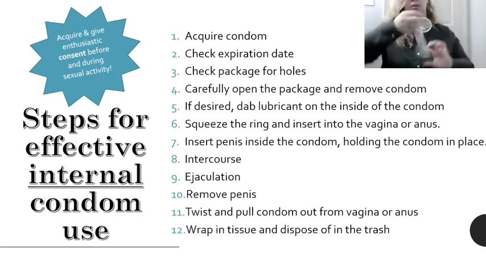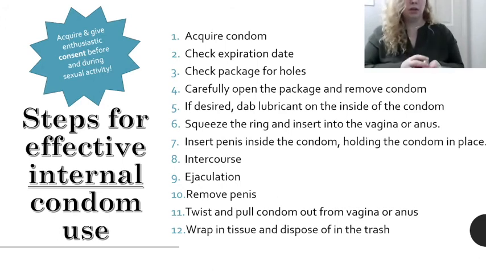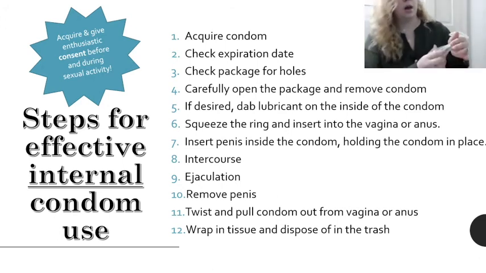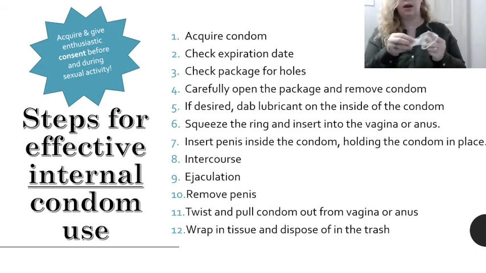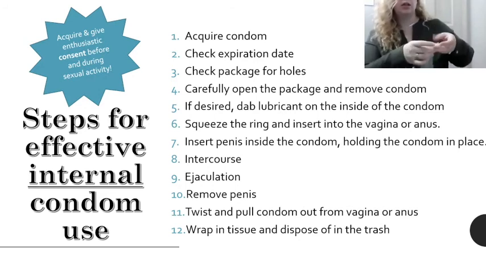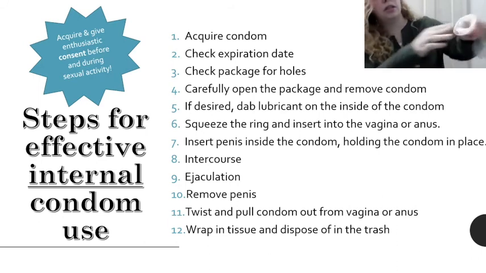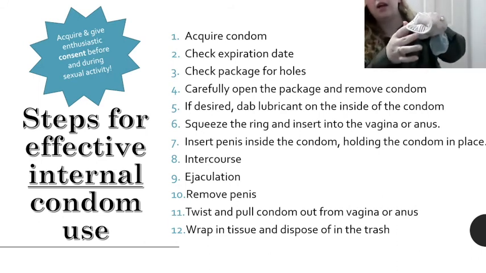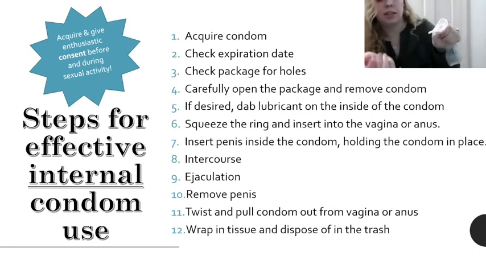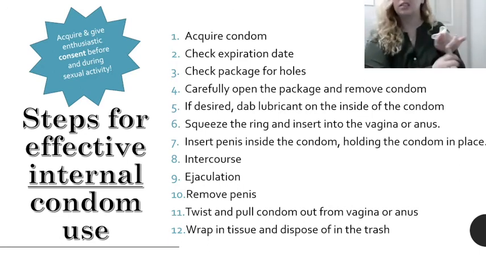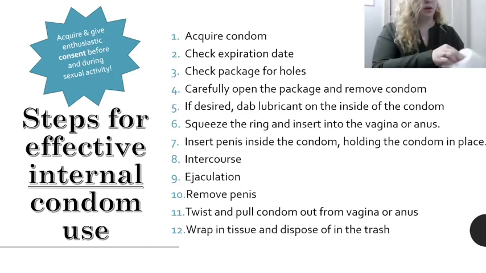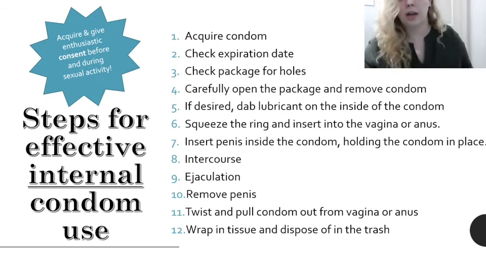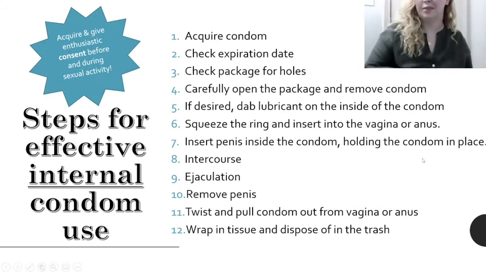Another way you can see, so that was inside of a vulva, but you can see what it would look like inside of an anus as well. You can take the internal ring right out for that and place it right on the outside. When it's on the outside, it'll act as a stopper, and you can see it'll look just like that in an anus. You want that stopper there because the anus does not have a cervix the same way that a vagina does. So it doesn't necessarily stop, and you don't want this to slide into the anus and get stuck. Once sex is done, you'll remove it and toss it in the trash. Not in the toilet. One more time, don't forget that part.